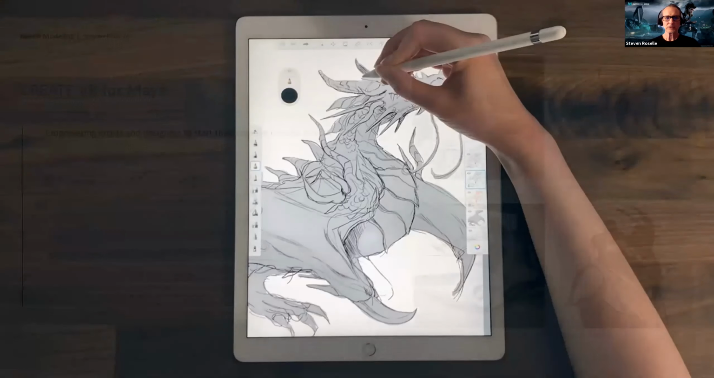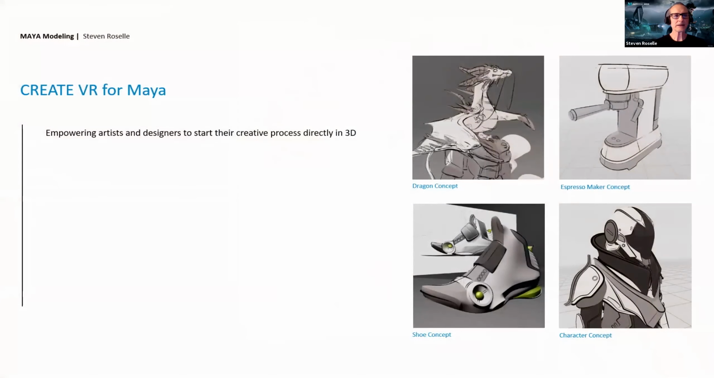But just to go over some of the highlights, again, this is a sidecar application, so it doesn't load up directly in Maya. You do have to have a VR headset, something like a Vive or an Oculus. But you can also send stuff from Maya to Create VR